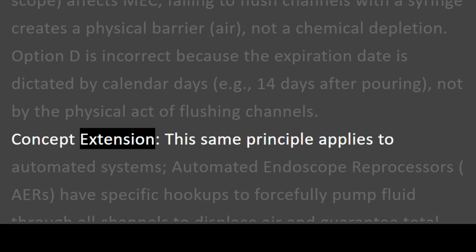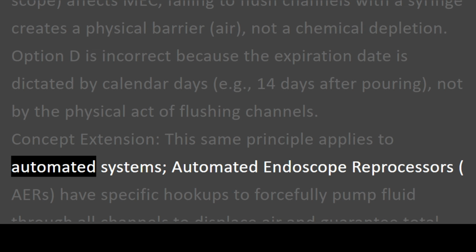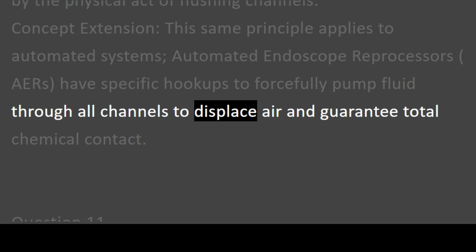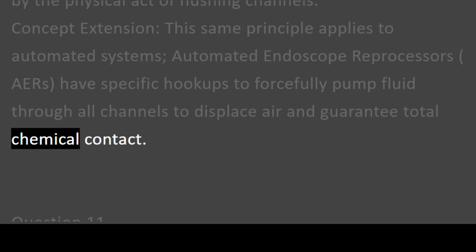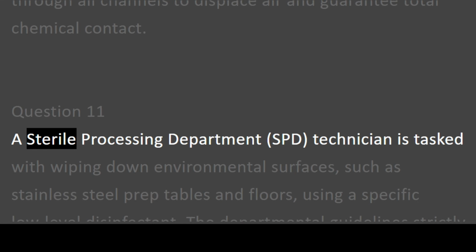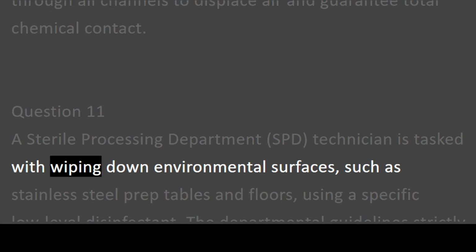Concept extension. This same principle applies to automated systems. Automated endoscope reprocessors, AERs, have specific hookups to forcefully pump fluid through all channels to displace air and guarantee total chemical contact. Question 11. A sterile processing department, SPD, technician is tasked with wiping down environmental surfaces, such as stainless